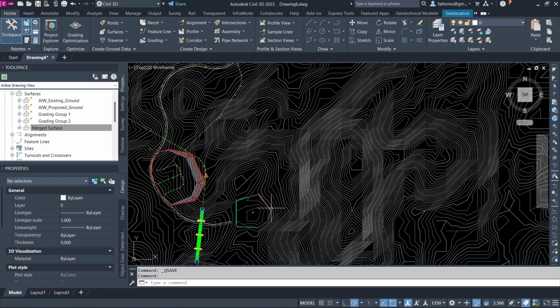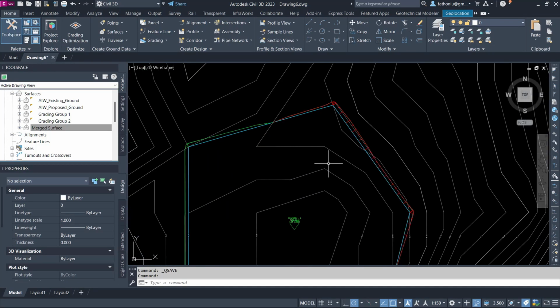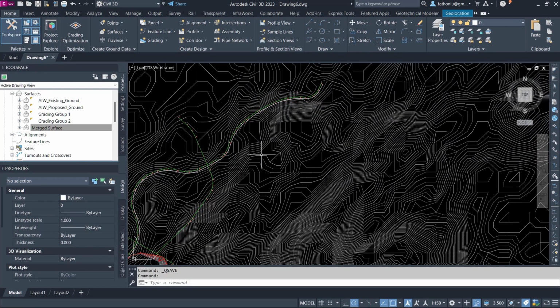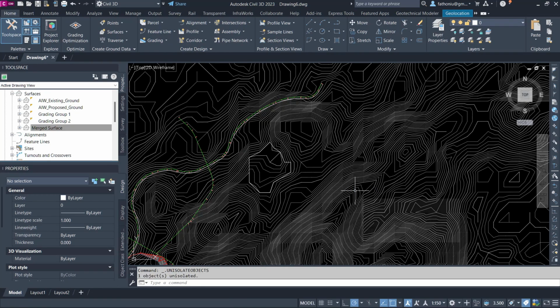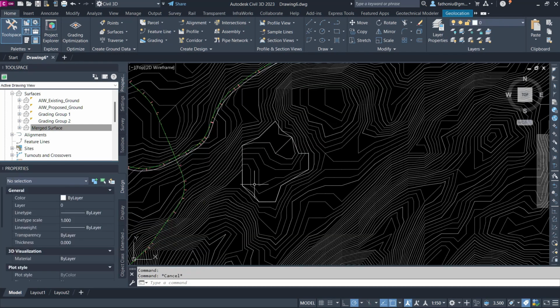So as previously, when we created this area, we had very minimal cut and fill. Okay, here I actually already created it, hid the object, and ended object isolation. So this is my polyline here, and you can see the polyline is located on the gentle slope area. Okay, to create a parcel from object,